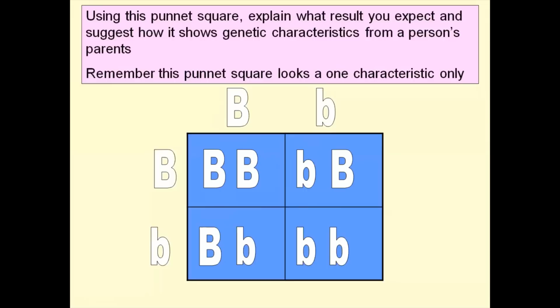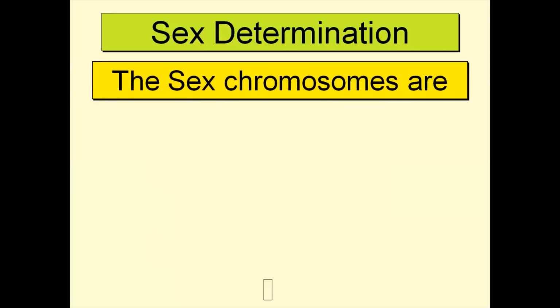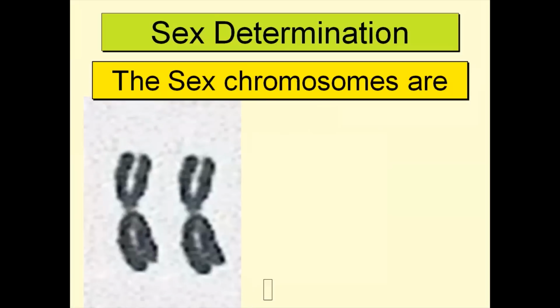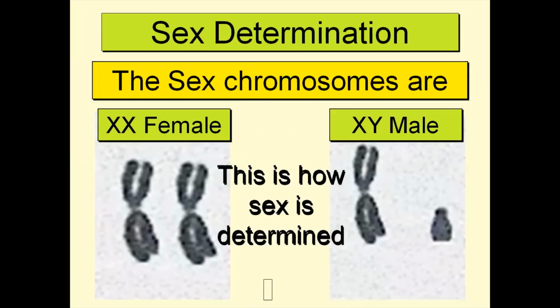Okay, I hope that you now have a better understanding and you can use a Punnett square. Moving on, we've talked about sex determination. Try to find the possible probability of genotypes using a Punnett square for this case. You will find out that there is always a 50% chance of having a male or female, and the sex of the baby is always determined by the father. By now, I hope you know why. Try to solve this.